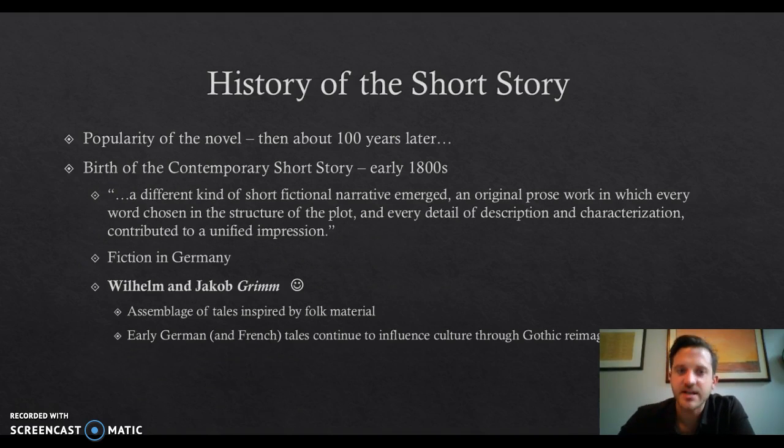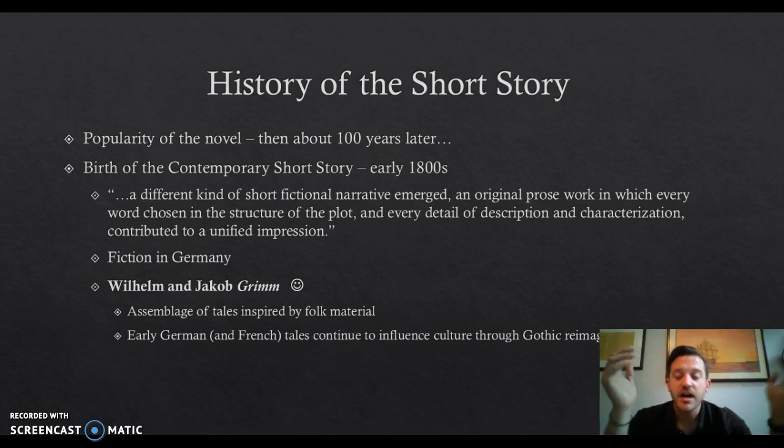Now, it was at that time that the novel, as we know it today, also sort of was born. And that's a whole other fascinating story, but that's not what we're focusing on in this class. So that period in the 1700s, the early Romantic period, the novel is born, and it's what we know of